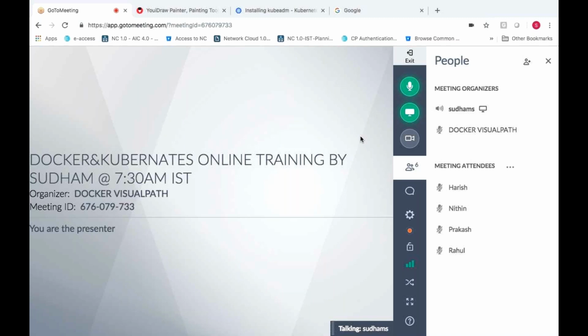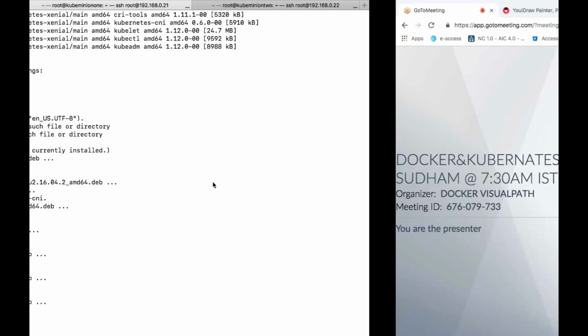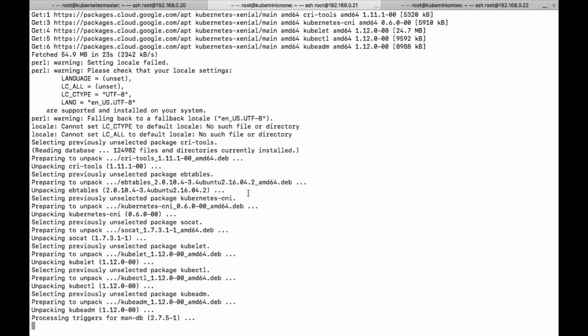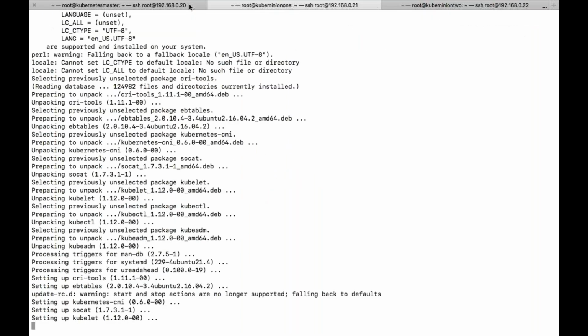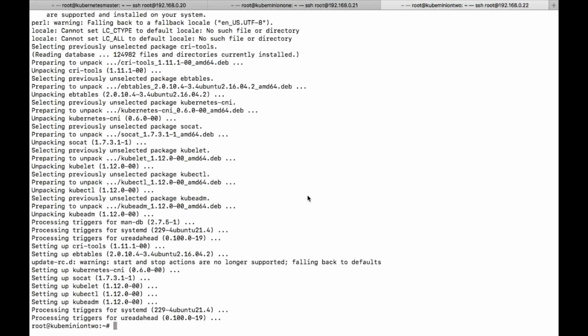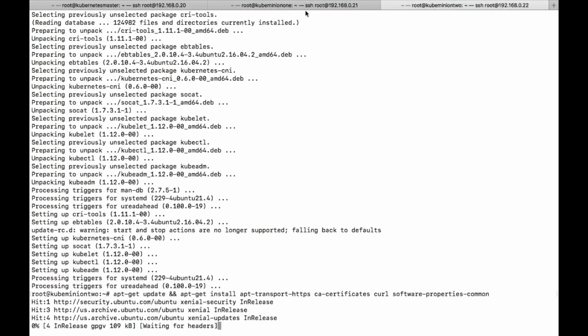The framing is done in the document which I shared, so everything is framed in such a way that you can understand one after the other. Now I'm trying to install Docker.